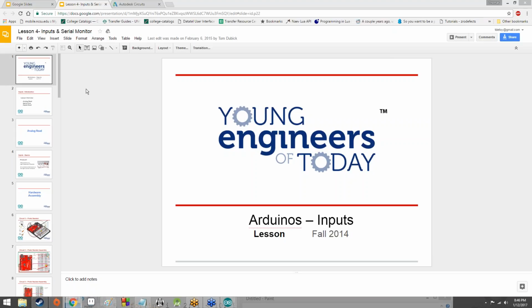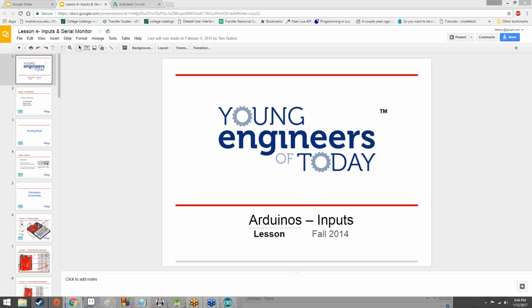It's been all output. Let's spend some time learning how to mess around with the inputs, because the Arduino is all about the intelligent management of inputs and outputs. It's about taking inputs, figuring out what to do with them, and turning them into outputs that make sense to us. Among other things, obviously we can do some nice structured outputs as well, just with some code and some LEDs, but